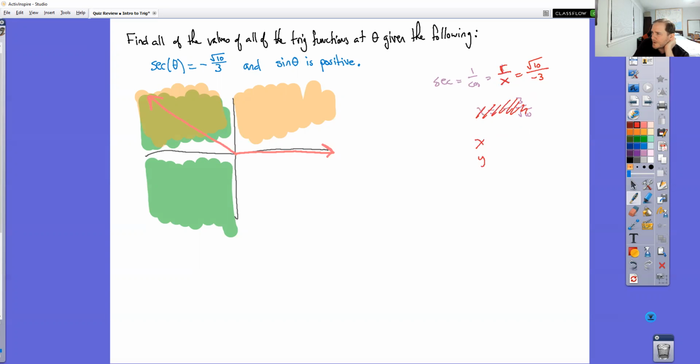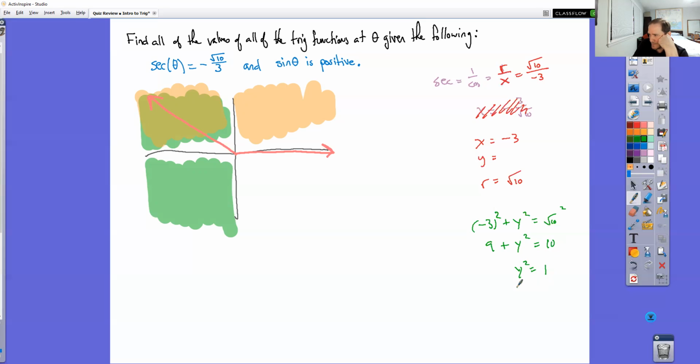Then for x, y, r, you've got 2 of them already. Neither one of them is 1, but that's fine. You don't have to do that. So negative 3. This radius is root 10. Makes the math easier on y too. You get negative 3 all squared plus y squared equals root 10 squared. So you get 9 plus y squared equals 10. So you get y squared equals